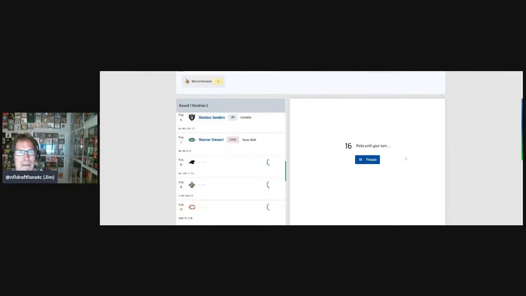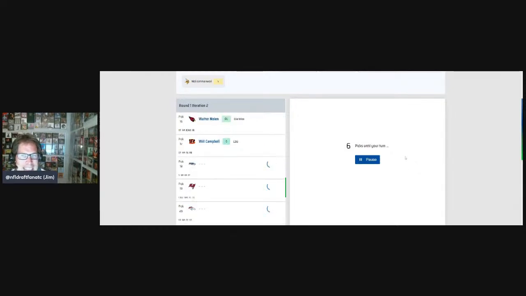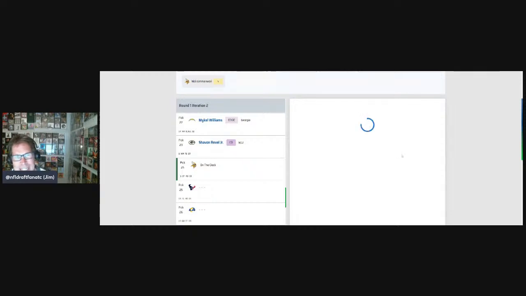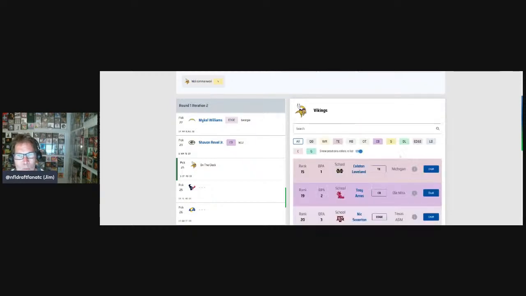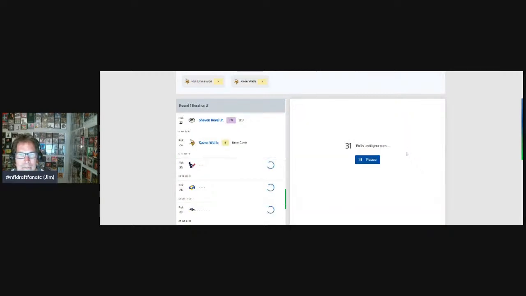One of the other players I'll pick for the Vikings would be Xavier Watts. So if the Vikings need safety help, and that's what this fan was thinking, I think Watts would be another good pick. And notice he's 53rd on their player board here.